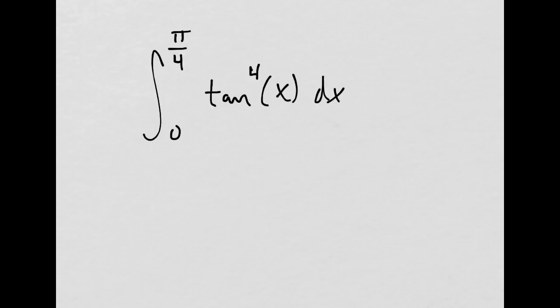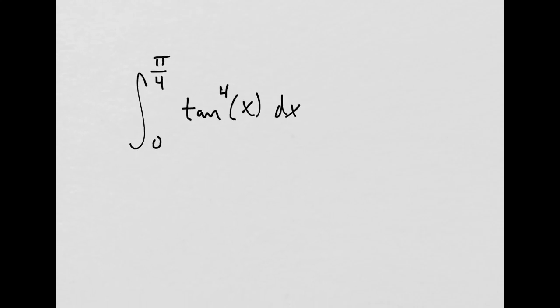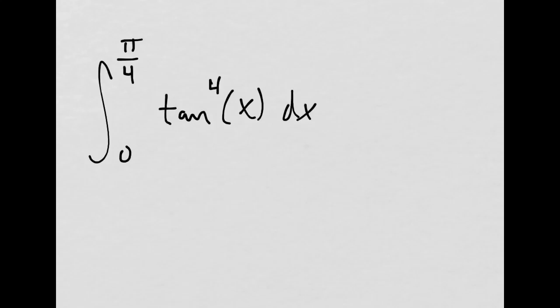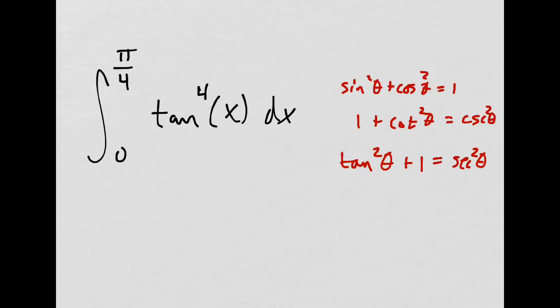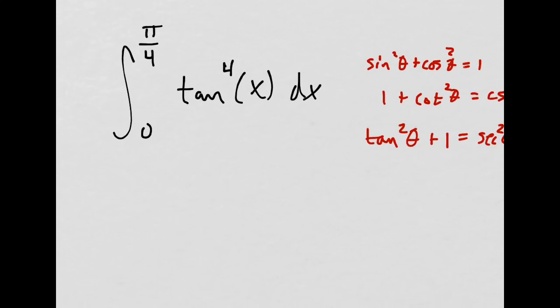So for this one, I think you were right. I don't remember the Pythagorean identity, so I'm going to write that down real quick. You were right to think about splitting it up. I think you did. You split it up with tangent squared times tangent squared. So that's what I'm going to do as well. And then you just try stuff. So we have this